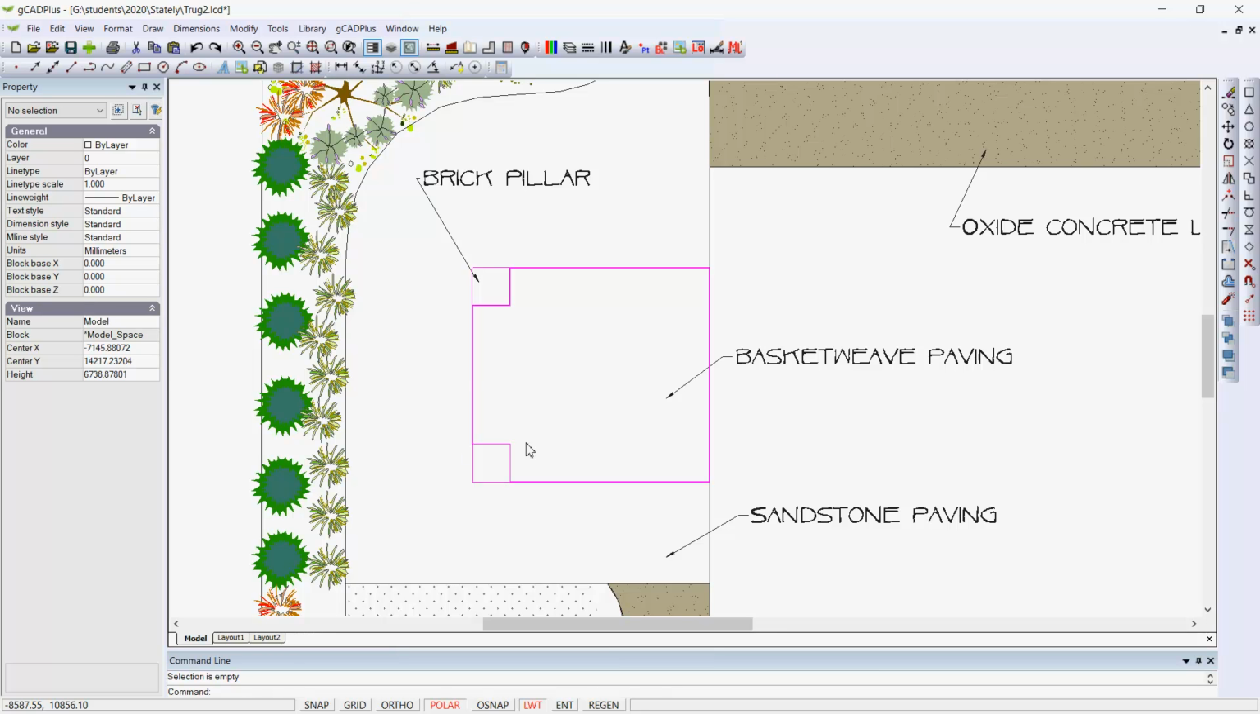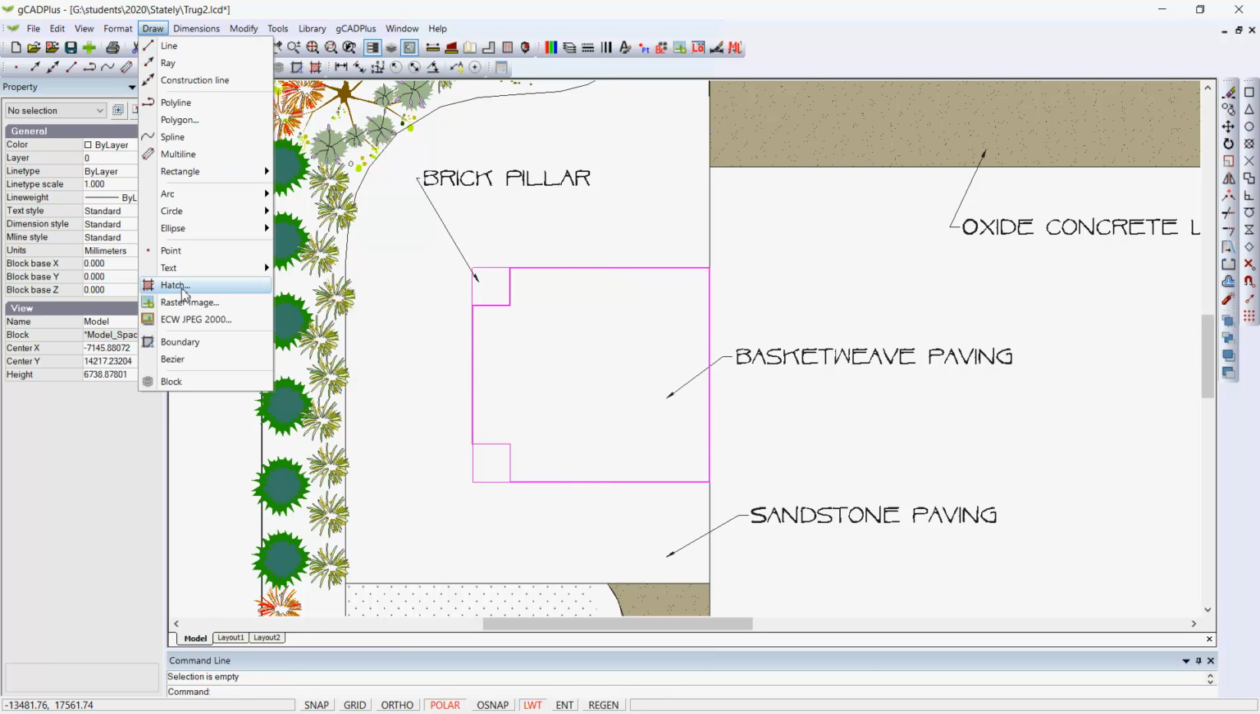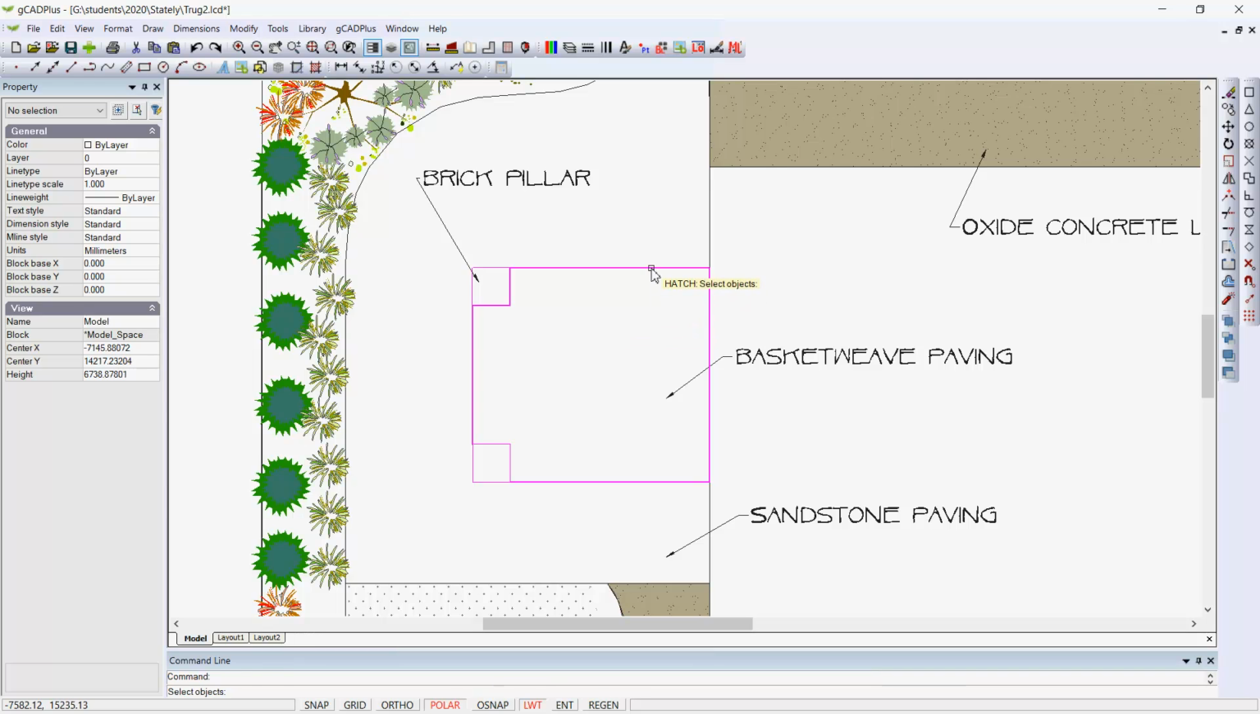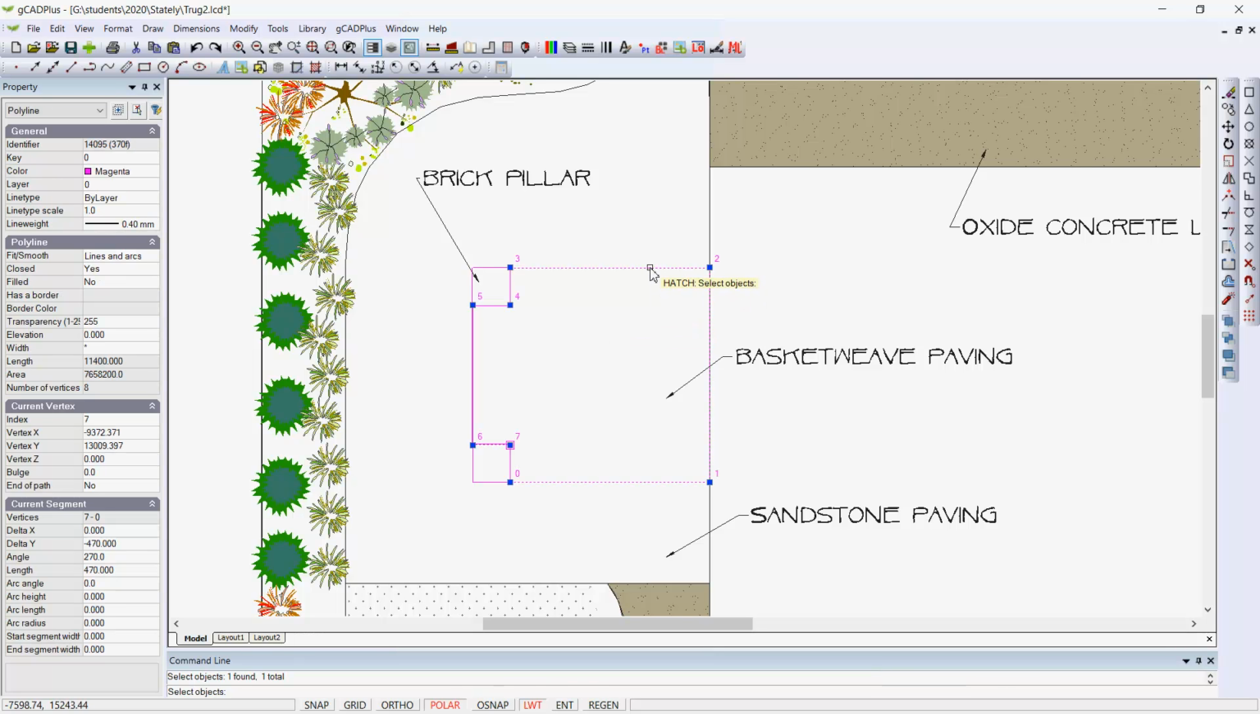The design here calls for some basket weave paving in this area. There are a couple of pillars. This will be a semi-enclosed undercroft area. So we can draw some hatching, and we can pick a polyline that runs around that area and then